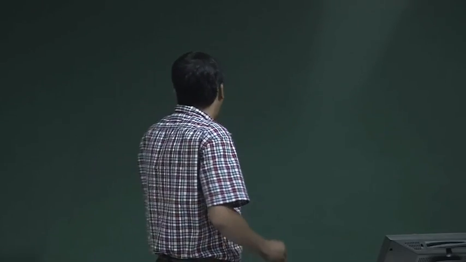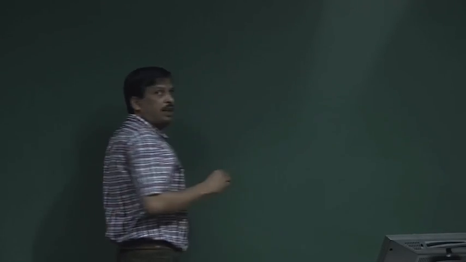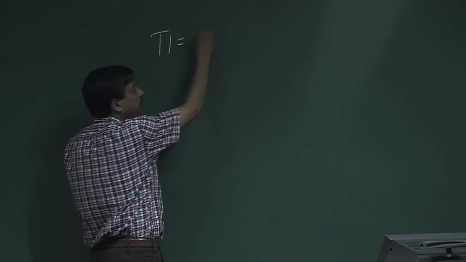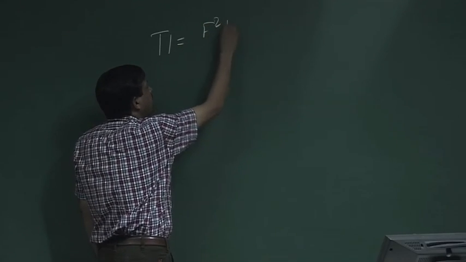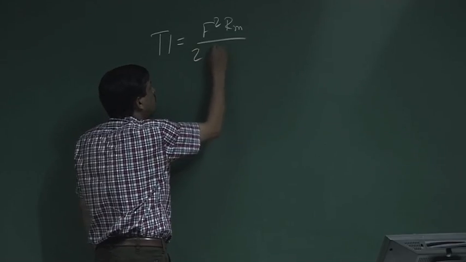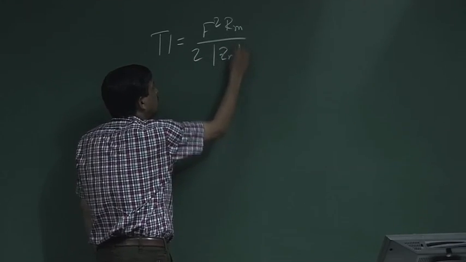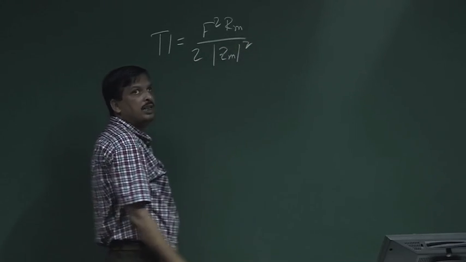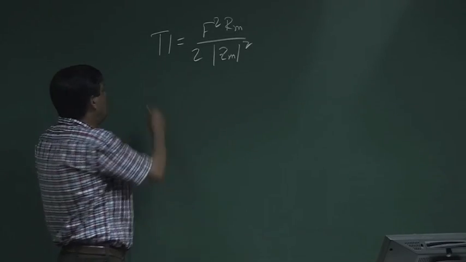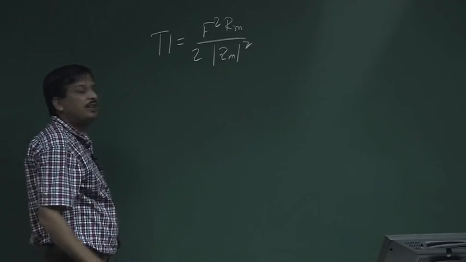Okay. So, morning. Last class we derived the average power for a forced oscillation. That average power is F squared, where F is the applied force, multiplied by R_m, the mechanical resistance, divided by 2 mod Z_m squared, where Z_m is the mechanical impedance. And we said that average power will be maximum when Z_m is minimum,